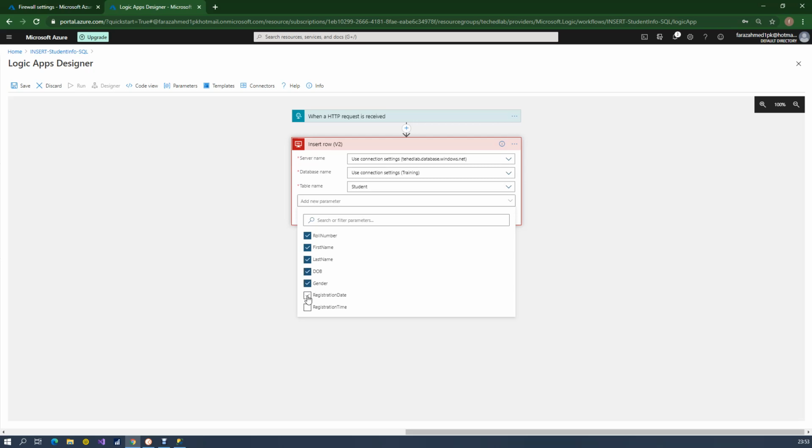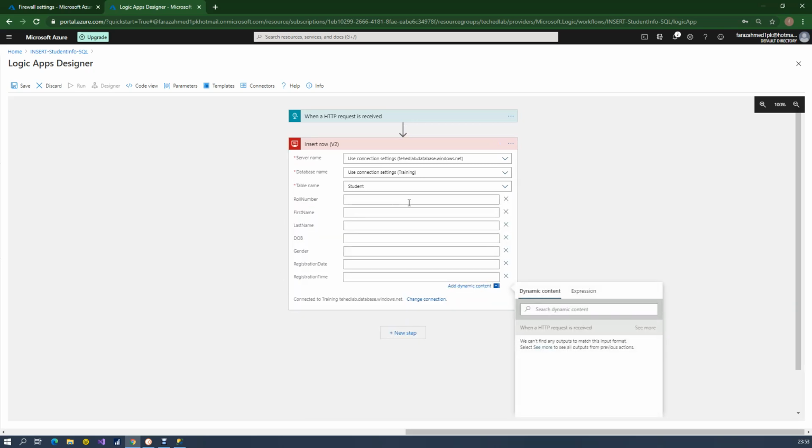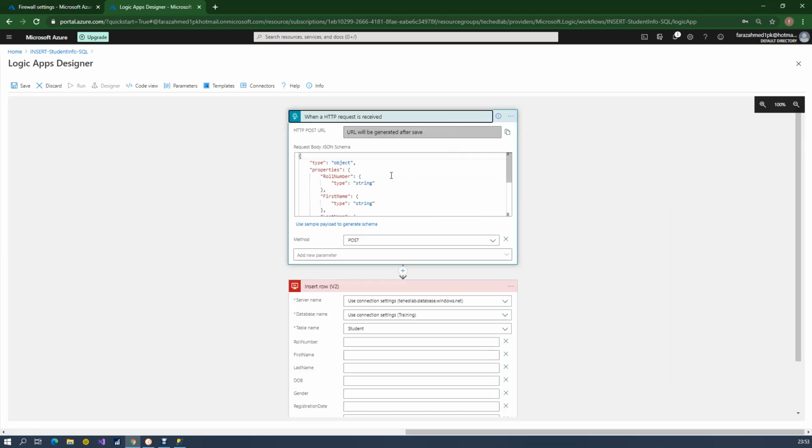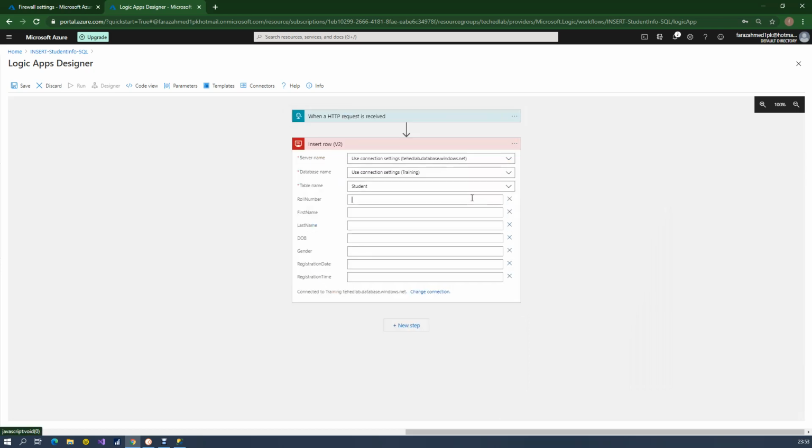So here we are going to select all the fields, and this is how it has exposed all the fields which we can map with our HTTP request payload field or attribute. So the roll number I'm going to map with the above roll number property, which is the JSON property,